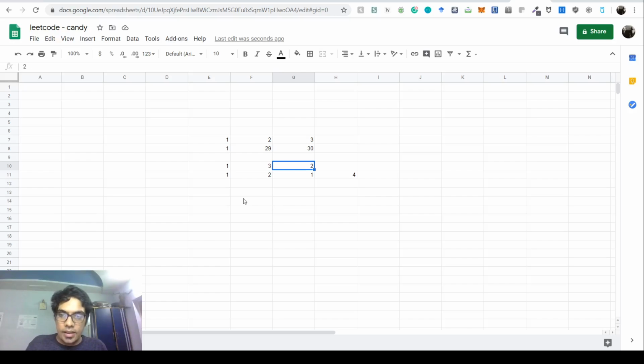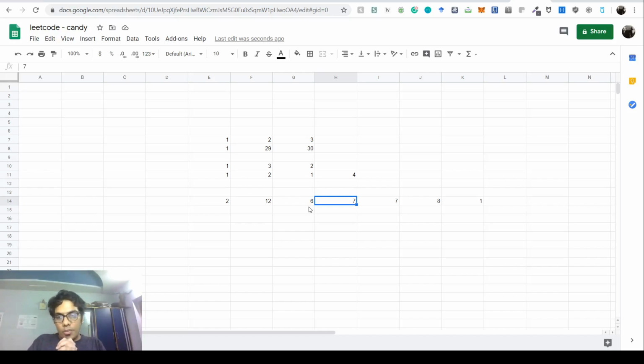So let's take an example. Let's say the ratings of the people are 2, 12, 6, 7, 7, 8, and 1. So let's say this is the rating of the people. Every cell here will have two neighbors, the left neighbor and the right neighbor, and if the rating is more, then we need to optimize for both.